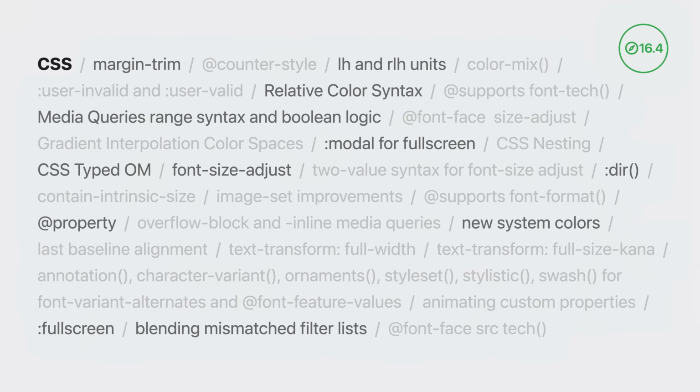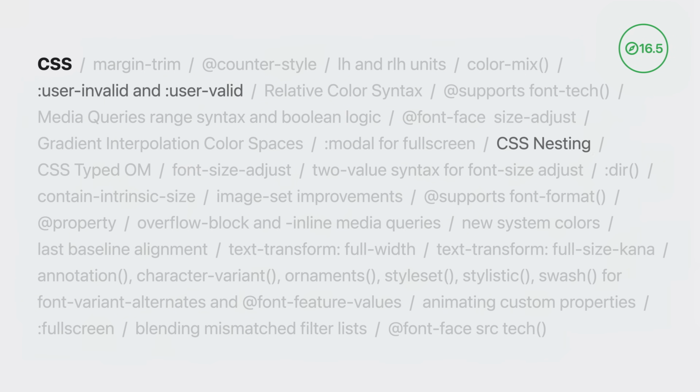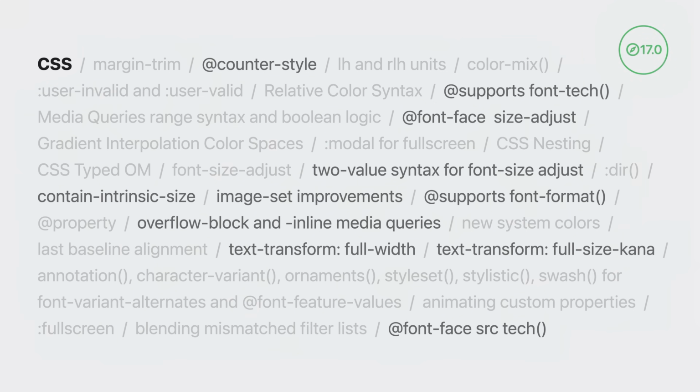Safari 16.4 also added support for the media queries range syntax and Boolean logic, the out property, and much more. Safari 16.5 also added support for CSS nesting. And in Safari 17, we're also adding feature detection of font-tech and font-format, contain-intrinsic-size, text-transform full-width and full-size-kana, and a lot more.